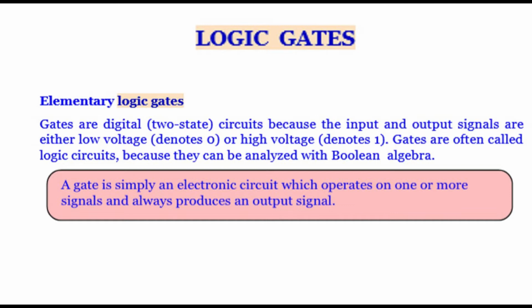And it works on two kinds of inputs, in the sense that there may be low voltage or high voltage. On the screen you can see low voltage may be 0 and high voltage may be 1. And these gates work with 0 and 1, so it is related to Boolean algebra. That's why when we talk about Boolean algebra, there may be gates, since a gate takes only 0 and 1 as input and gives the output as 0 or 1.